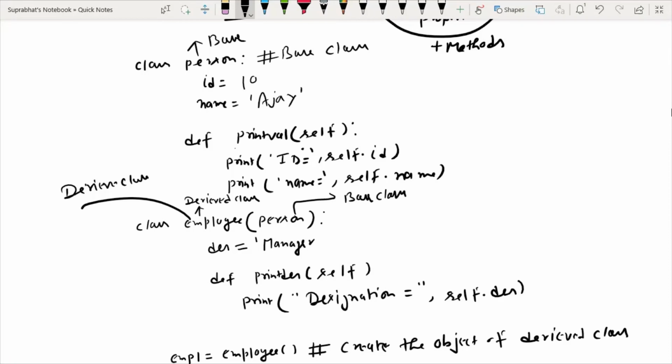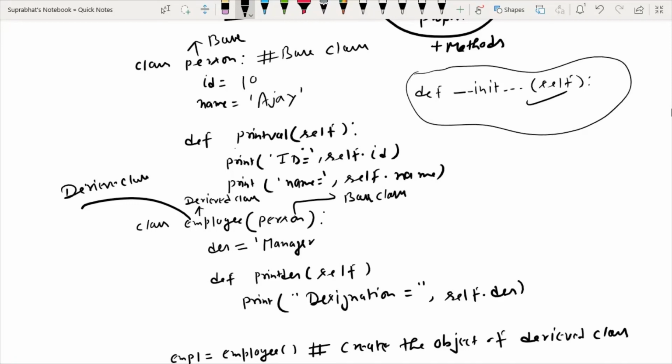That is this type, special member function def init. Understand this? We had discussed it in yesterday's class. What is the use of this constructor?